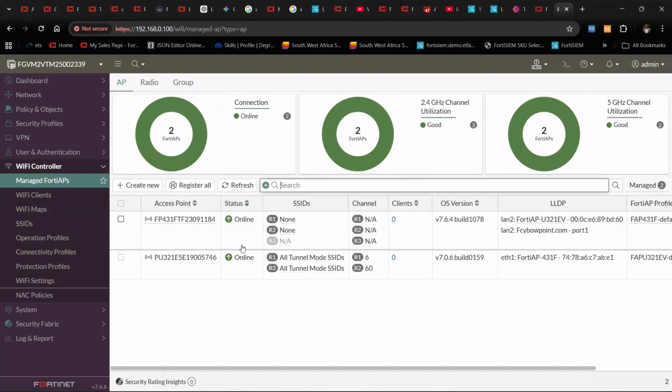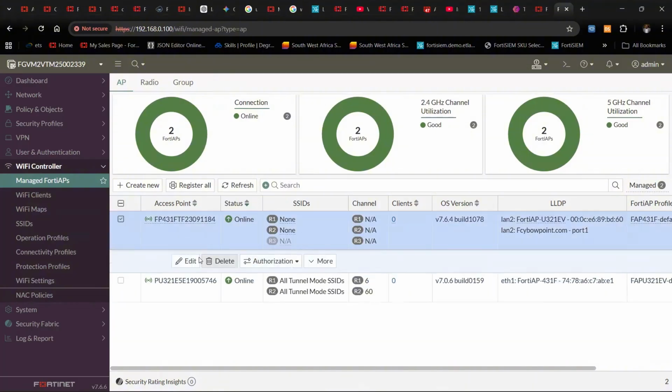So under manage profile, because we have two different models of FortiAP, that's why we're having two different manage profiles. And this is the manage profile we are going to use to configure and add those SSIDs so that it can transmit and appear as one SSID across the FortiAPs. So on the first one, which is